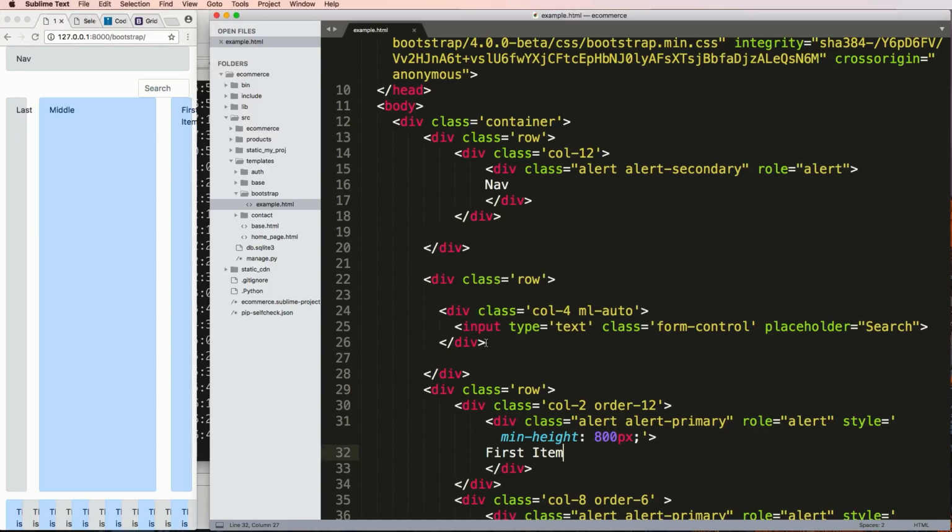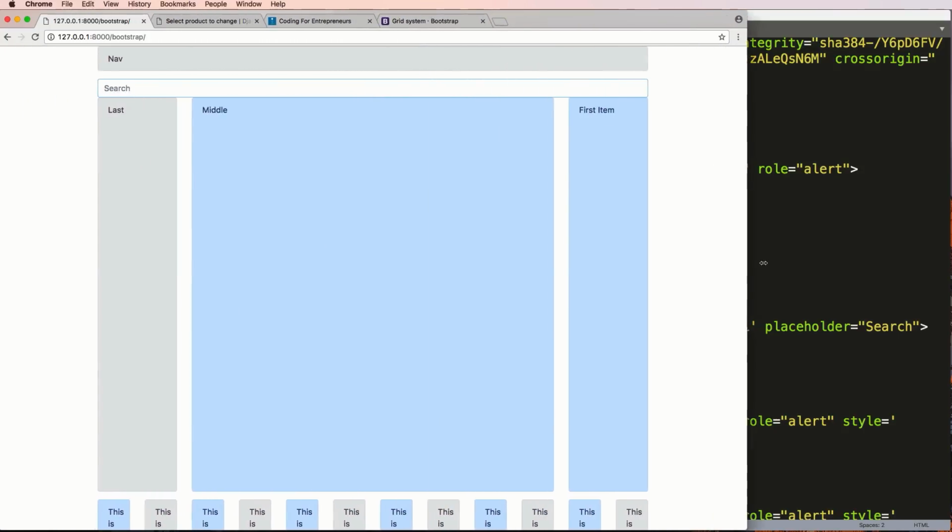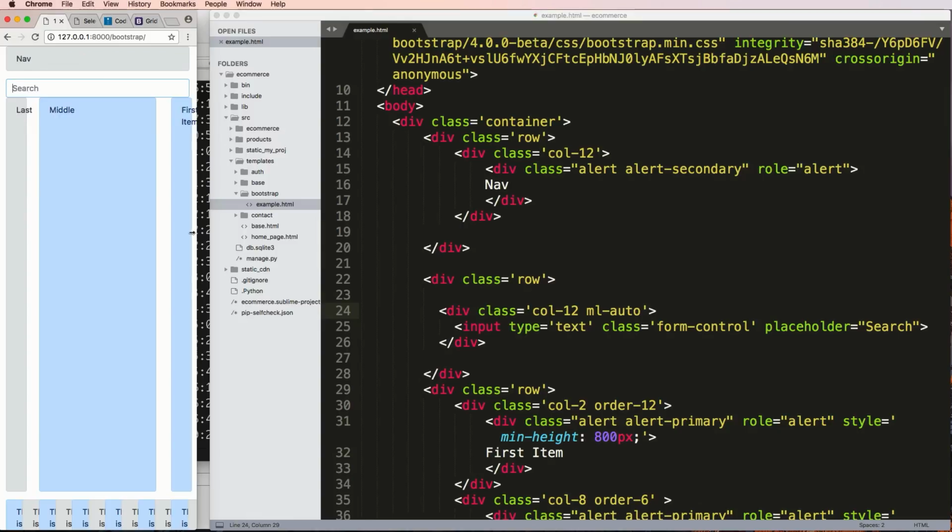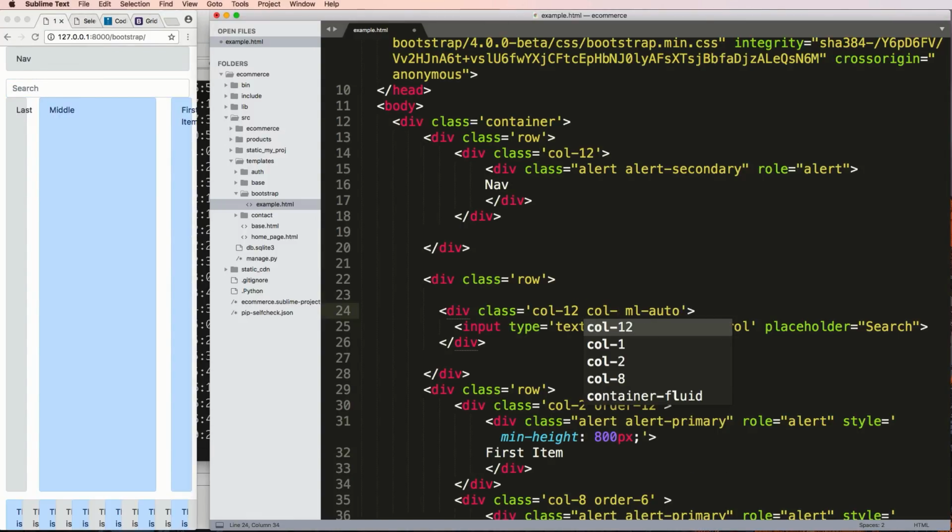So what I'm going to do is I'm going to come into that search bar, which was right here, and I'm going to change this to column 12. Notice that it says margin left auto. I refresh in there. That margin left is still there, but it didn't do anything. But I now have this search bar that's looking better, or at least it looks better than it did. But this creates a problem, because if I make it bigger, it starts to be too big of a search bar. So this is where breakpoints come in, is I can say at some breakpoint, so some arbitrary size, let's